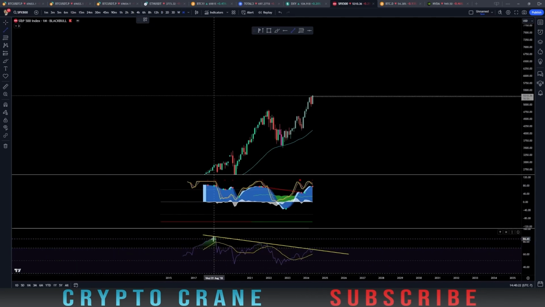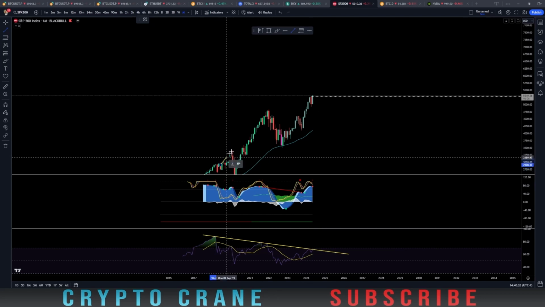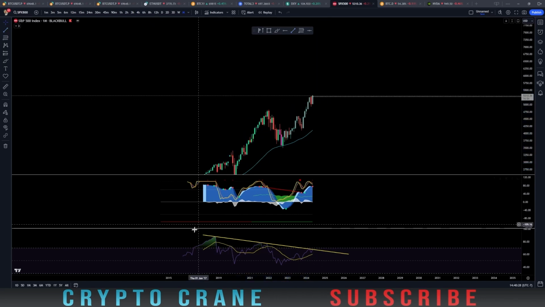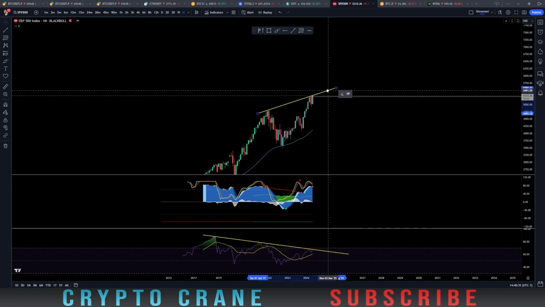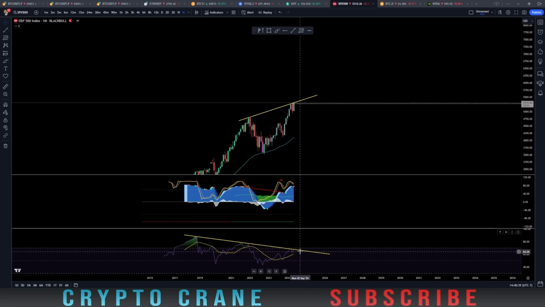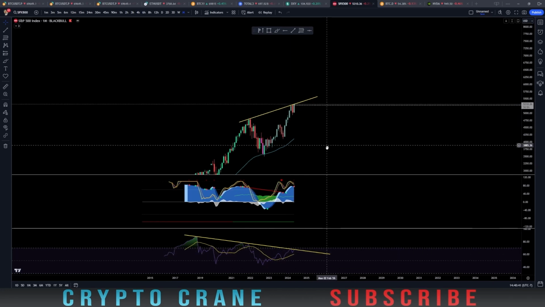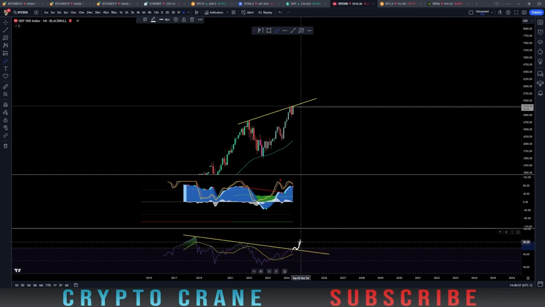Now, I will caution you, we have a monthly bearish divergence, three drives in fact, of a monthly bearish divergence throughout this entire move here. The highs are not clean with that trend, but certainly these last two highs are a very clean bearish divergence on the monthly time frame. So I would caution you, hey, we are at resistance on that RSI div, but I would not be surprised if we do go ahead, break out of this,